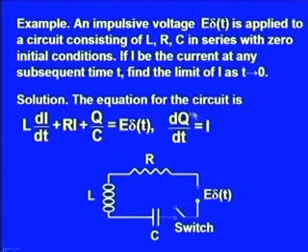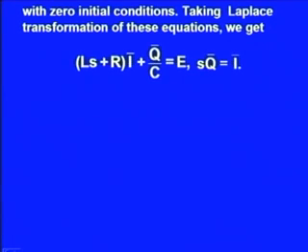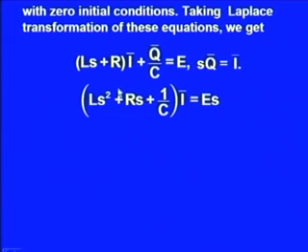So, when we take the Laplace transform of this equation, we will get s Q bar equal to I bar, and hence we get the following equations: L s plus R into I bar plus Q bar by C equal to E, and s Q bar equal to I bar. Now, substituting the value of Q bar as I bar over s in this equation, we will have the following: L s square plus R s plus 1 by C into I bar equal to E s,